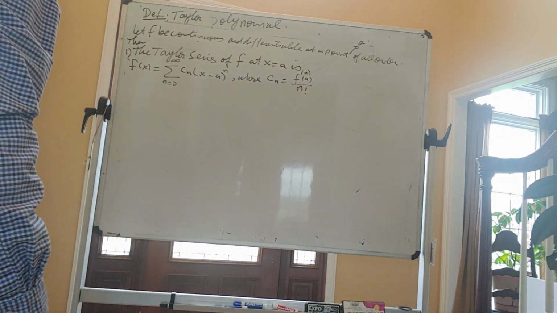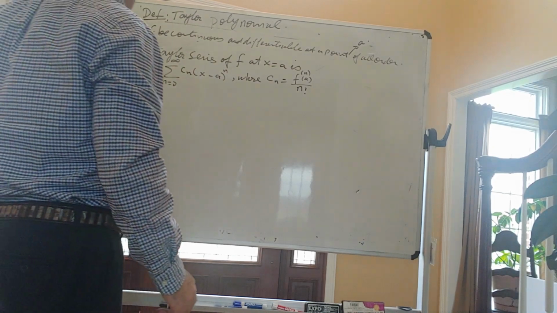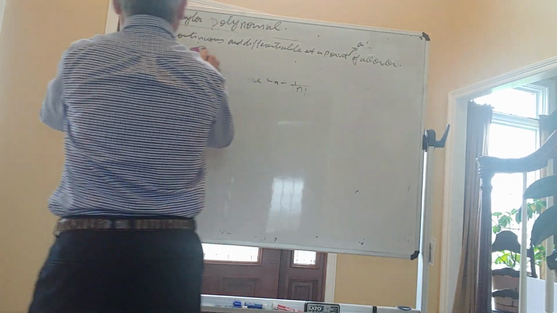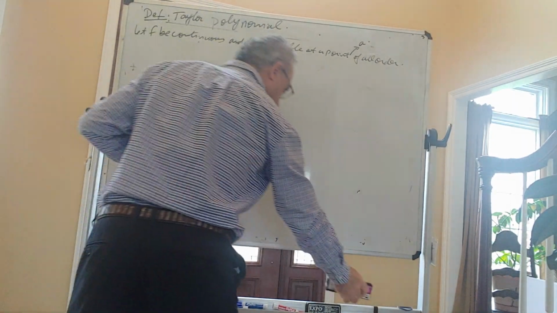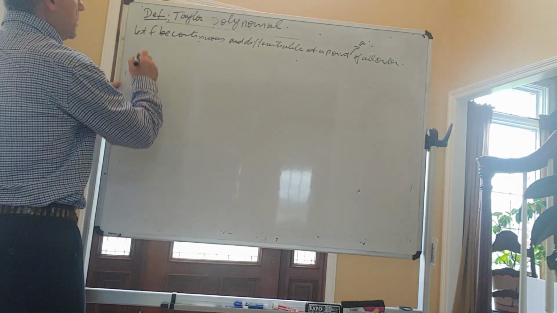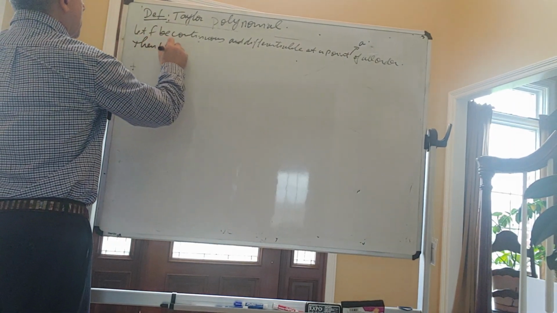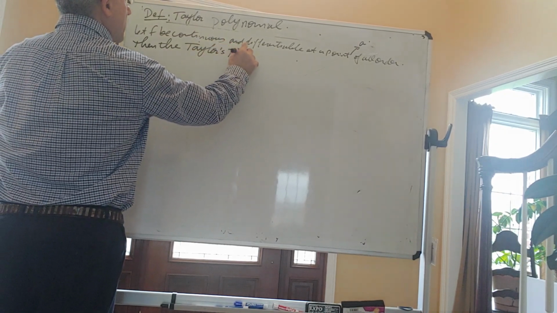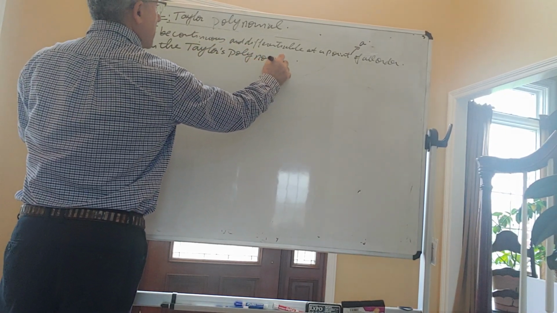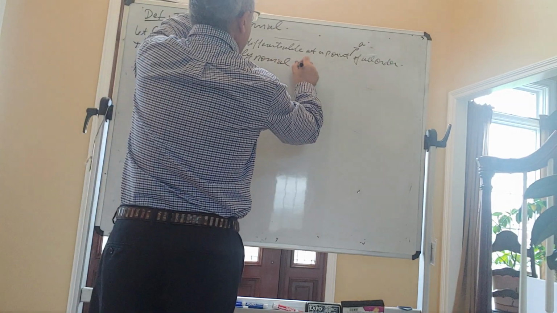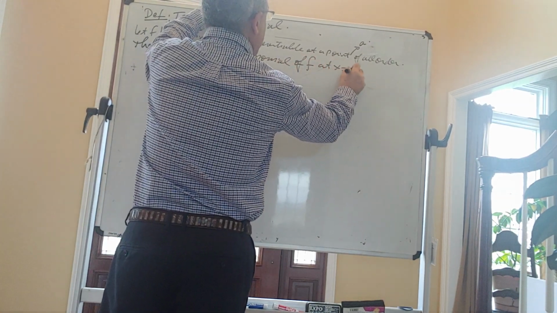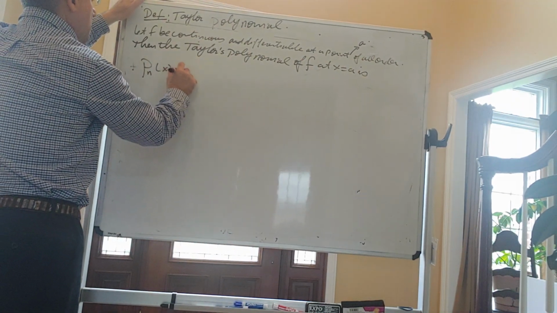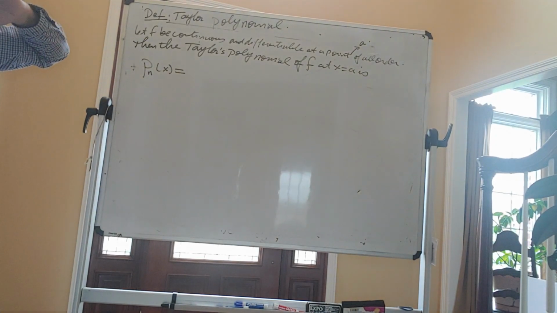Let f be continuous and differentiable at a of all orders. Then we're going to have that the Taylor polynomial of f at x equal a is given by, we're going to call this Pn of x, and that is